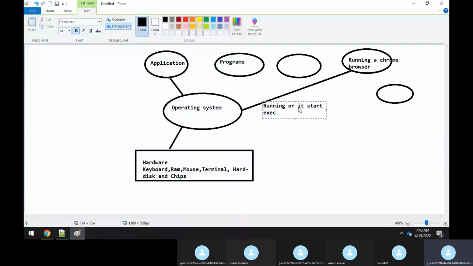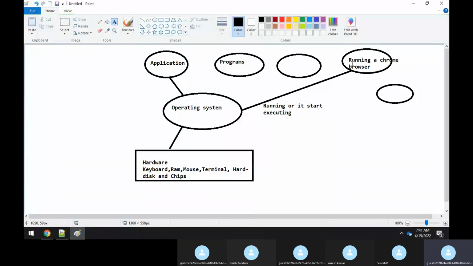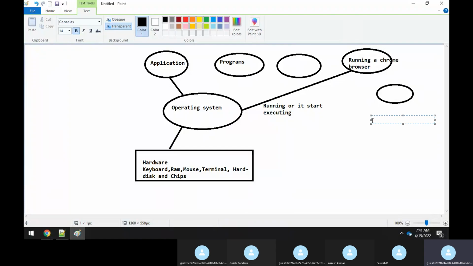Without an operating system, you cannot run any application, guys. Yes, some might say, but Rajesh, there are many places where without an operating system they can also run some application. Yes, there are certain things like that. We will discuss later what those things are. In some places, if you don't have a complete full-fledged operating system, or you don't have one at all, you can still run that application. I'll talk about that later.